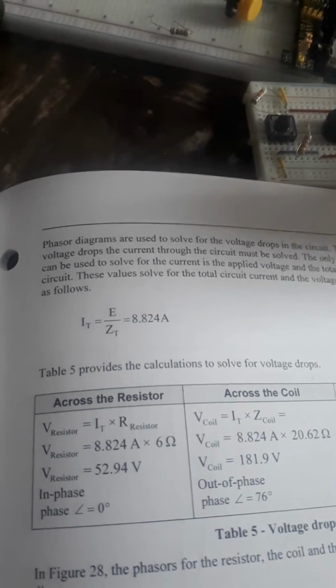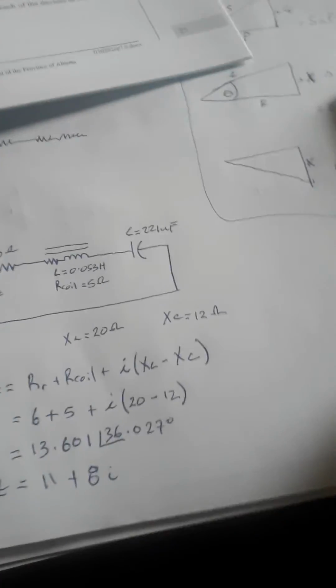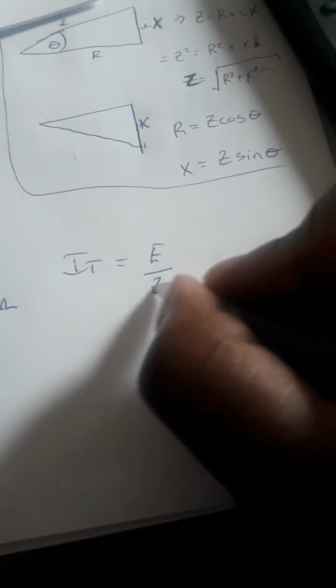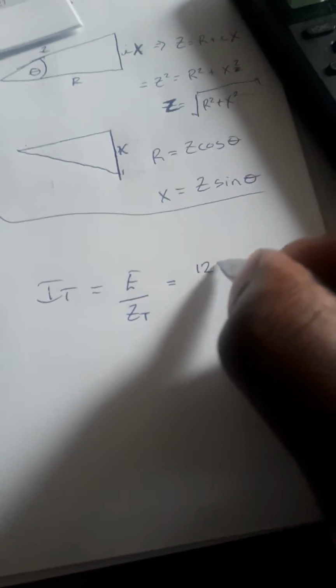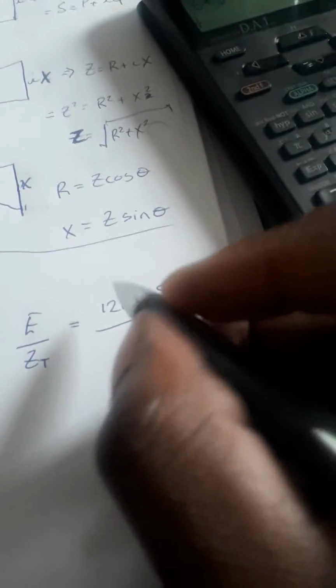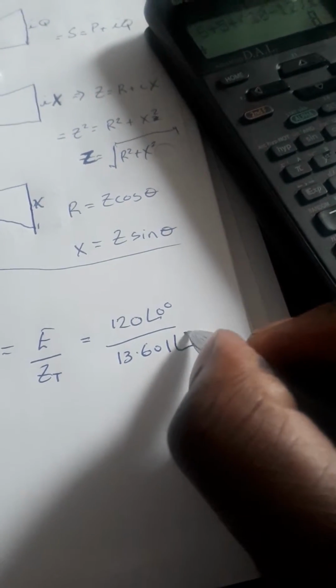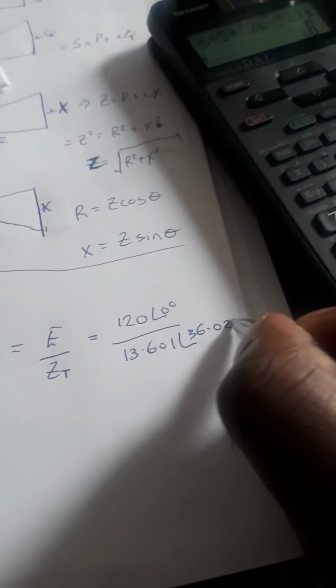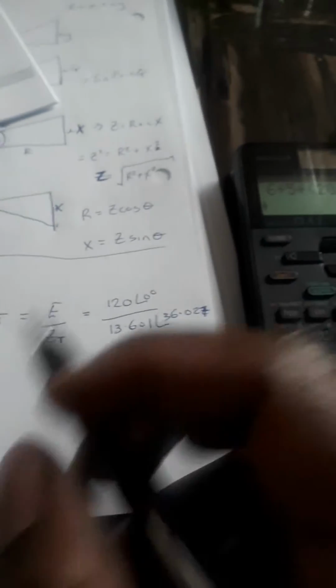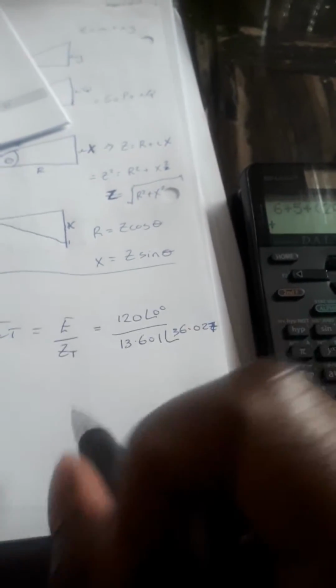Now, if you want to find IT, it's pretty simple. We're going to take the voltage as the reference. So this 120 here, we're just going to write it out like this. IT is equal to E over ZT, and that's 120 at 0 degrees because it's the reference, over 13.601 at an angle of 36.027. You may not need to show the angle, but when you go further, you're probably going to need the angle of the current. If you have stuff in parallel, you need to add that with the total current. For this one,